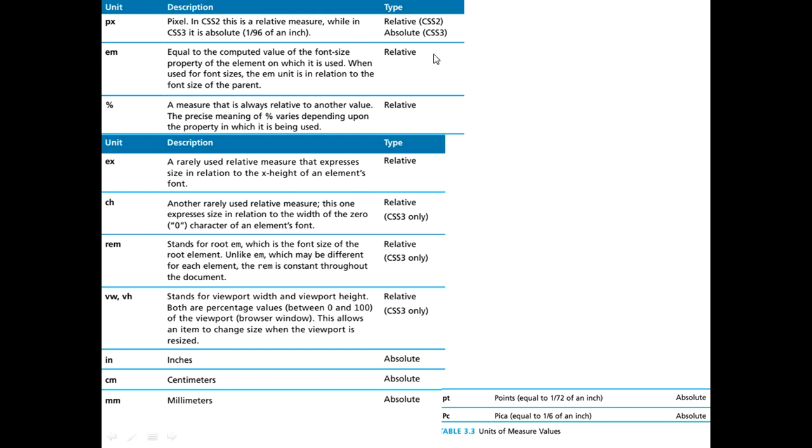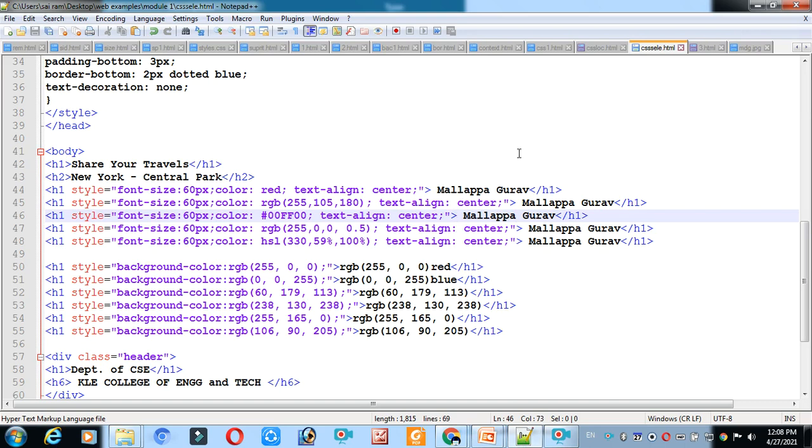Em is relative here. Relative represents values that change according to their parents. We'll take this example, rem and em, and try to show how relative and absolute change their meanings.